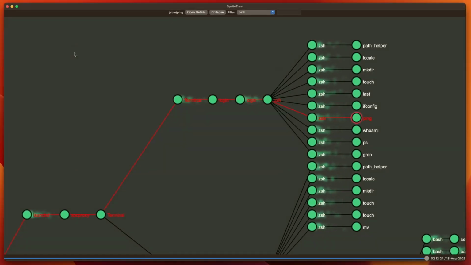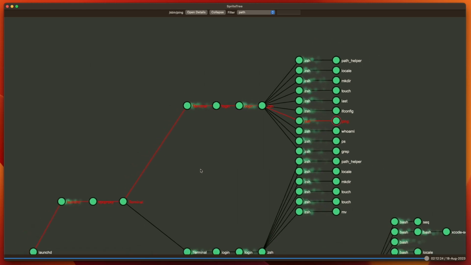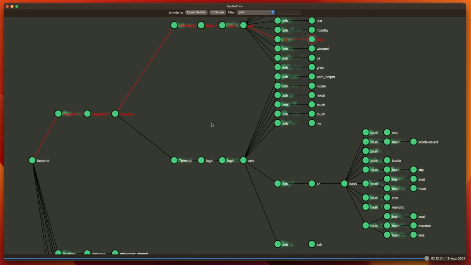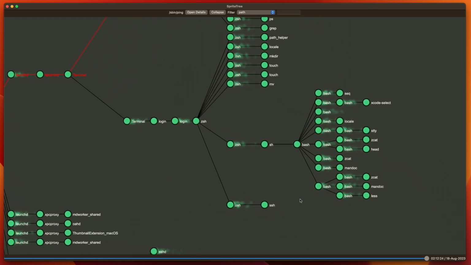As an analyst, you end up spending a lot of time performing these actions: selecting processes, looking at the arguments they were called with. That's where a lot of time gets spent in threat hunting. So the benefit here is that we get to see it in this tree. Let's scroll down really quickly to the second terminal tree.